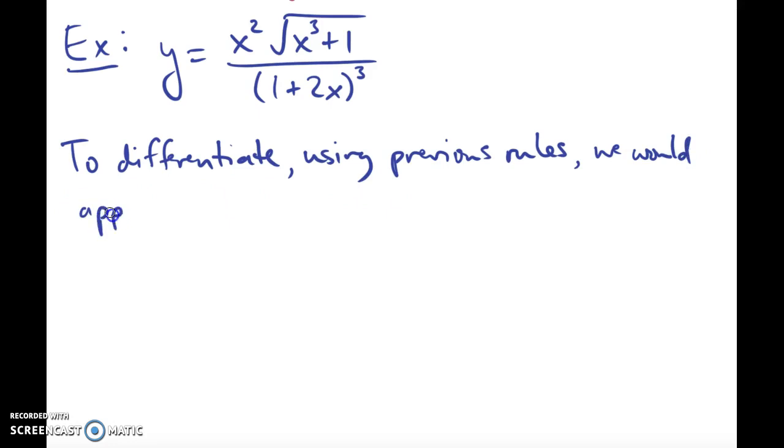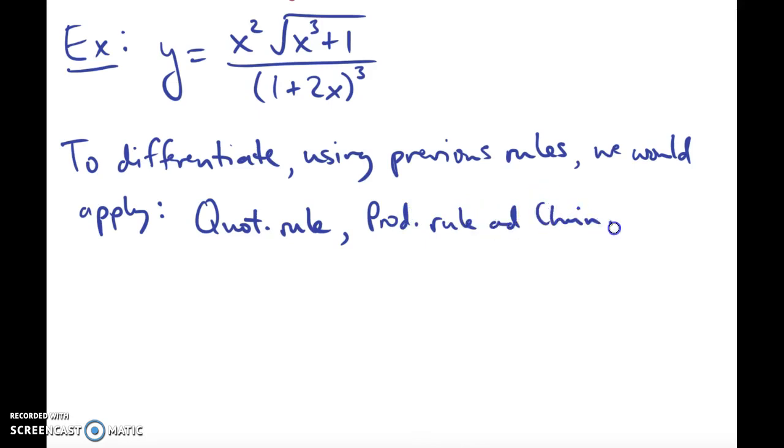we would apply, first of all, the quotient rule, because you've got this divided by that. And then in the process of doing that, to the numerator, you would apply the product rule and chain rule. And then the derivative of the denominator, you'd use the chain rule as well. And it's all really pretty messy. On the other hand, let's observe